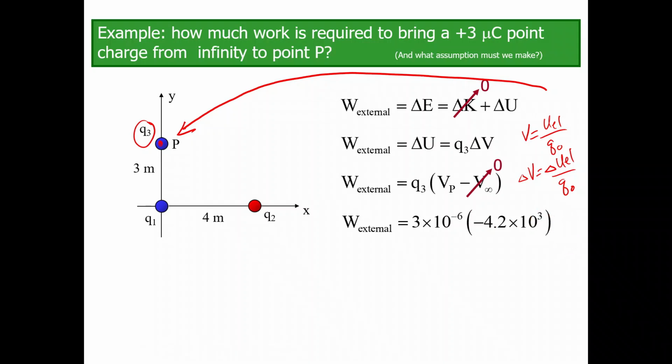So I get that my external work is going to be that 3 times 10 to the negative 6. That's our coulombs, converting our charge from microcoulombs to coulombs. And then this is our volts. That's our answer from the previous one. We got in our calculation that V was negative 4,195. Rounding that to 2 sig figs, our volts is negative 4.2 times 10 to the third volts. Okay, so then plugging in those values,